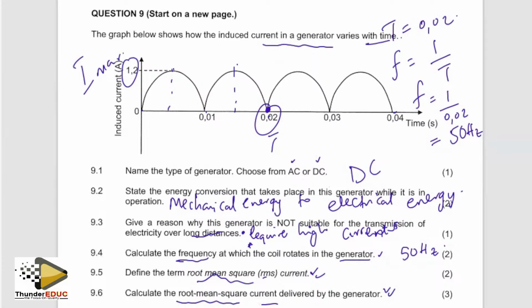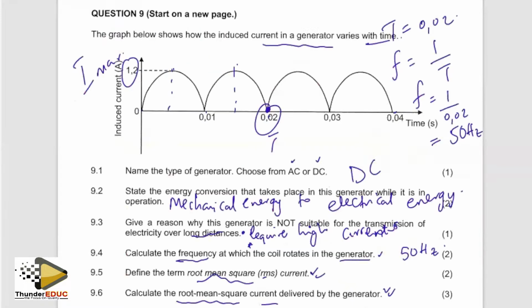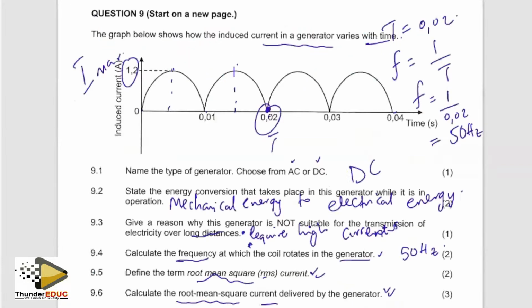And then from our formula page, we know that I RMS is going to be I max divided by the square root of 2. So if this is 1,2 divided by square root of 2, let's just confirm that square root of 2. That is giving me 0,848, which is 0,85 amps. Okay, then